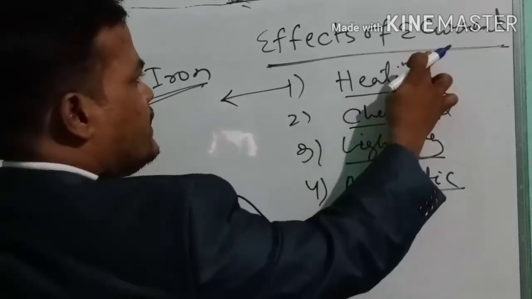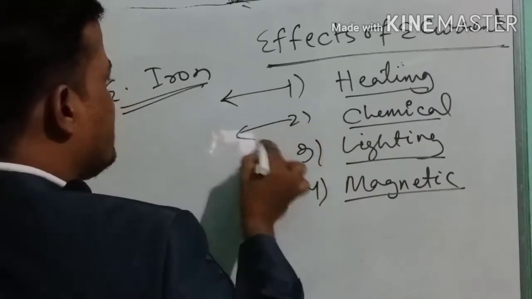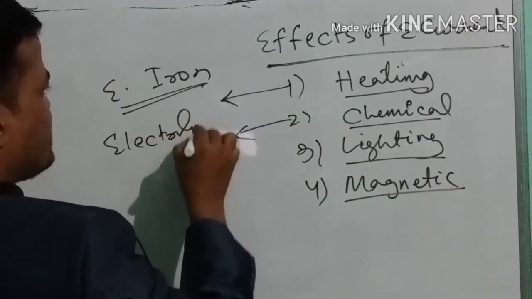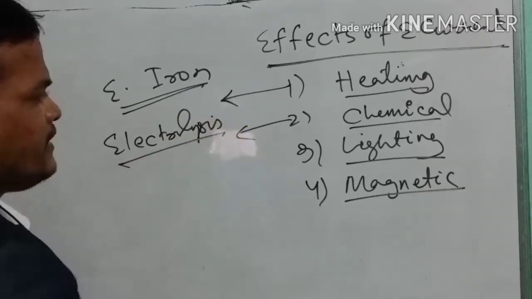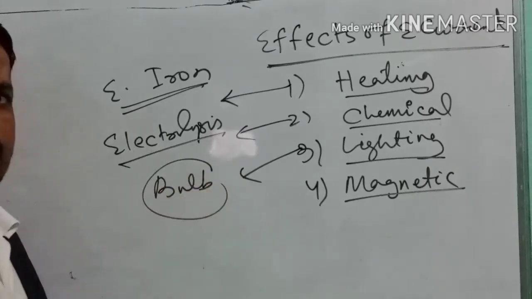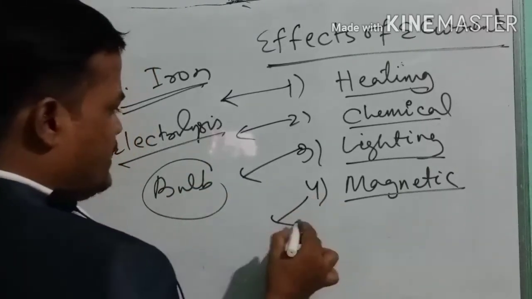Next is your chemical effect, chemical reaction, electrolysis take place due to this electric current. Lighting effect, the bulb glows, bulb producing light in this case. And a magnetic effect, electromagnet